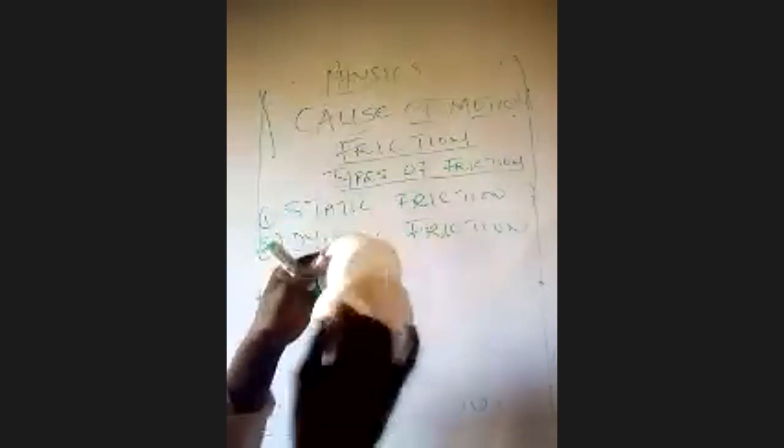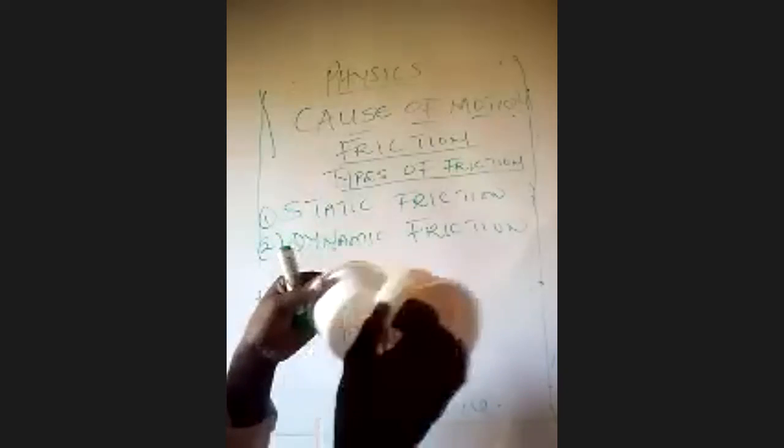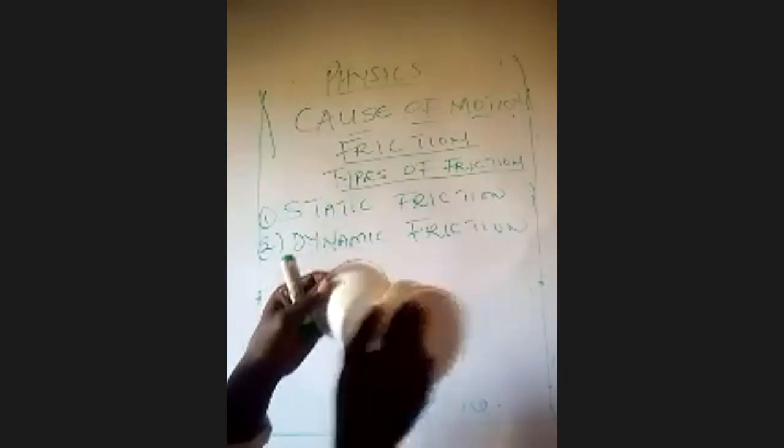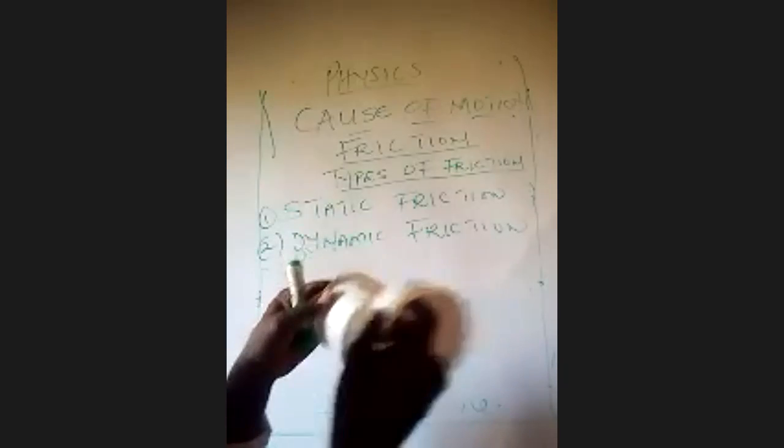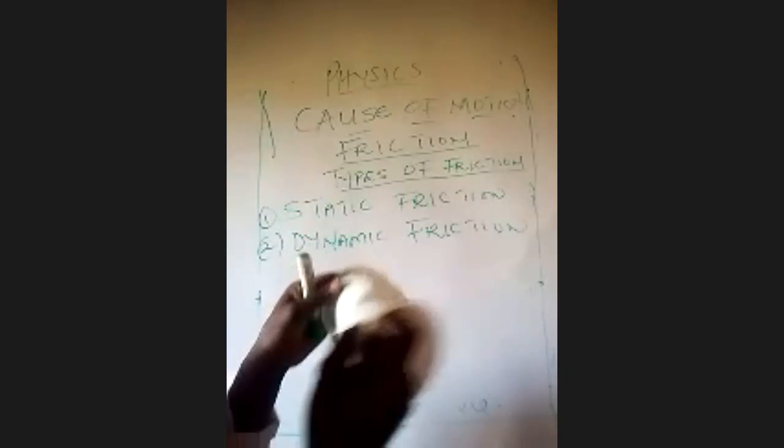Let me say this is a light object. As it is light, if I move it freely, there's a friction happening in between them. So there's a force that I apply for these two bodies to move freely. The maximum force that I apply for this body to move over the other is what we refer to as static friction.